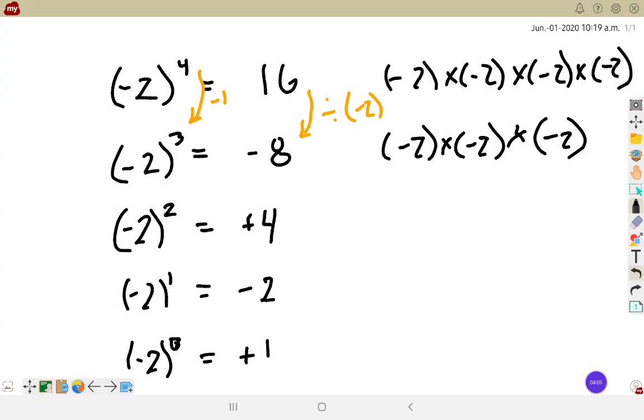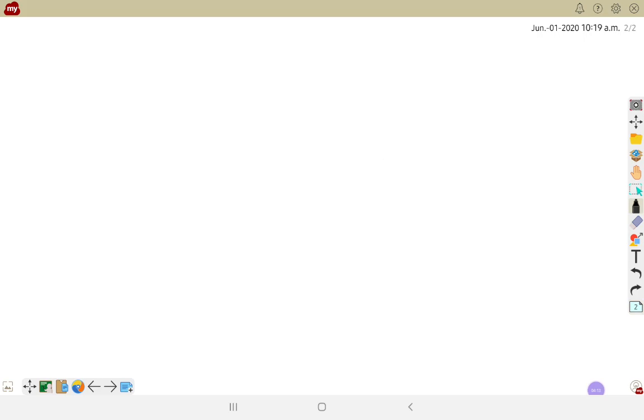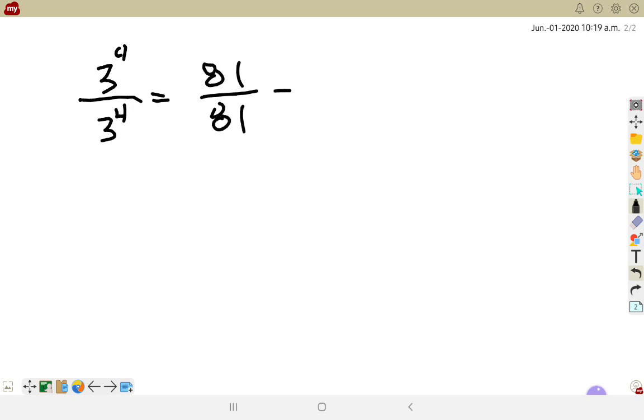Okay, so I'm going to show another way of showing how the zero exponent works. So let's say I had something like 3 exponent 4 divided by 3 exponent 4. Okay, well, I know 3 exponent 4 is 81. And then 81 divided by 81 is 1, right? But using our quotient law, if I had 3 exponent 4 over 3 exponent 4, so the same expression I started with before,